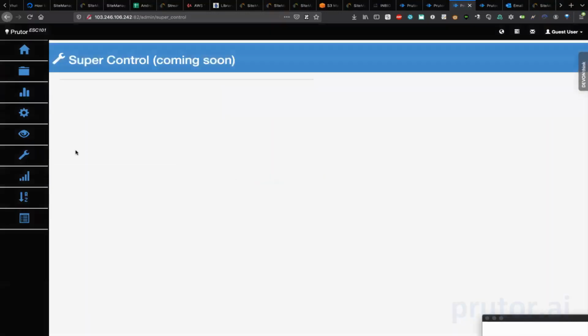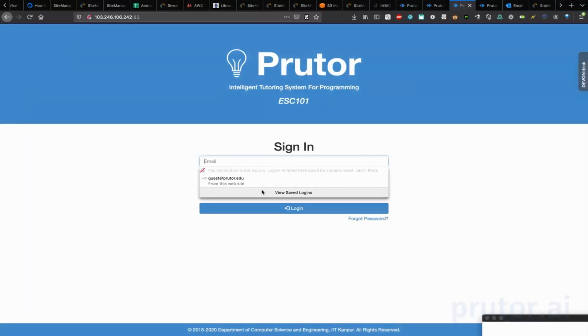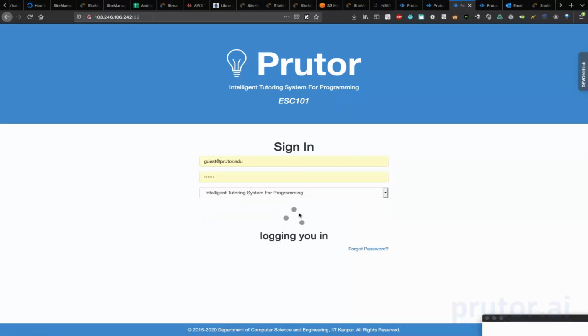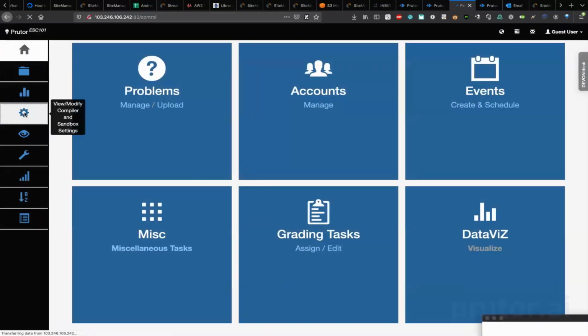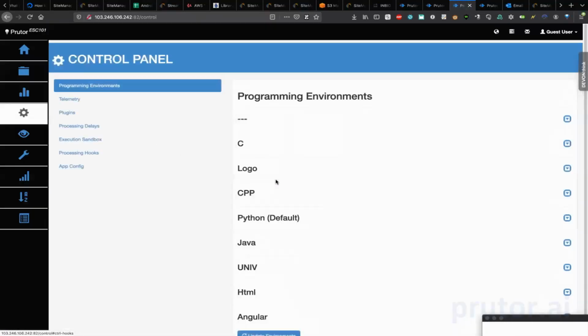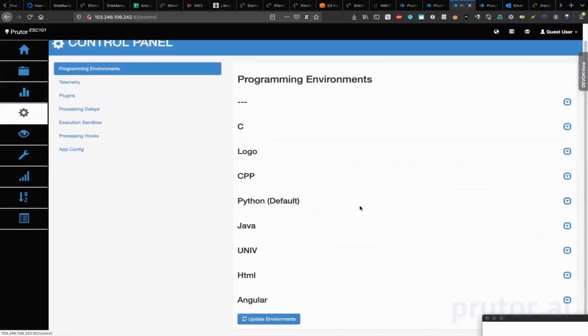There's a default language. Here, sir, the default language is chosen as Python as default. Otherwise, I can choose C as default for you, and then everything will work for C. That is the way it is configured right now.